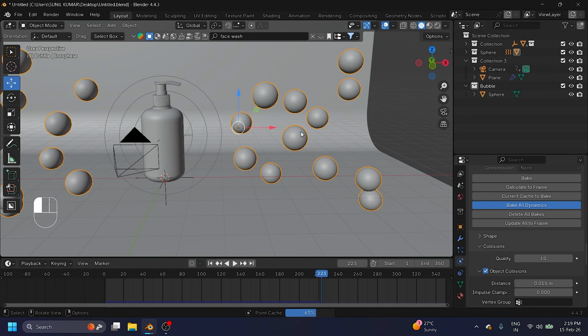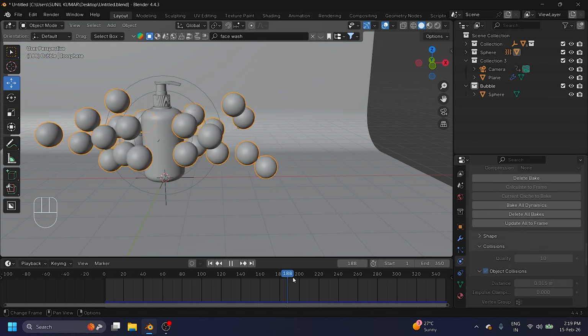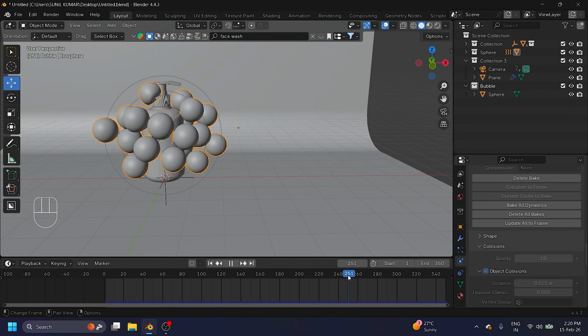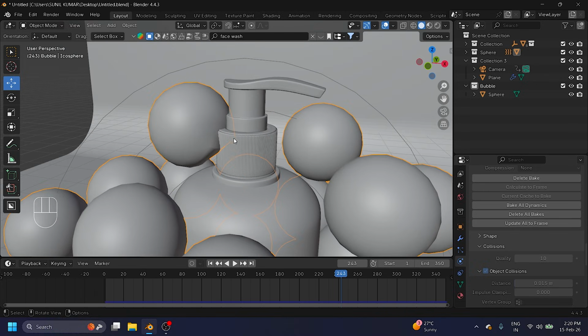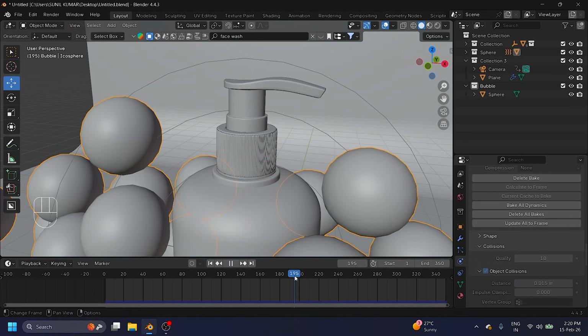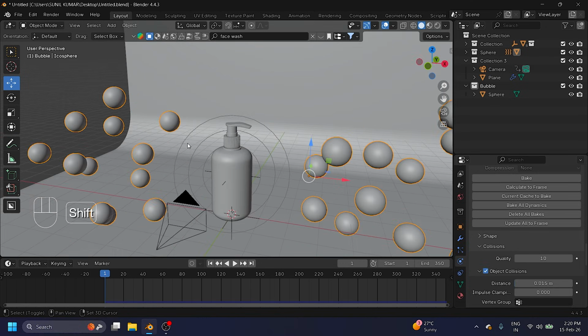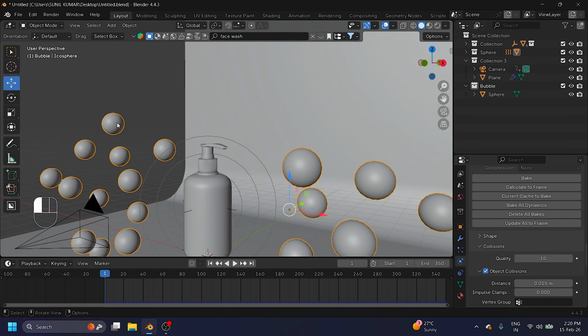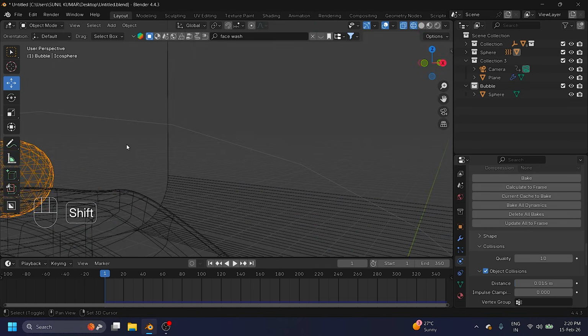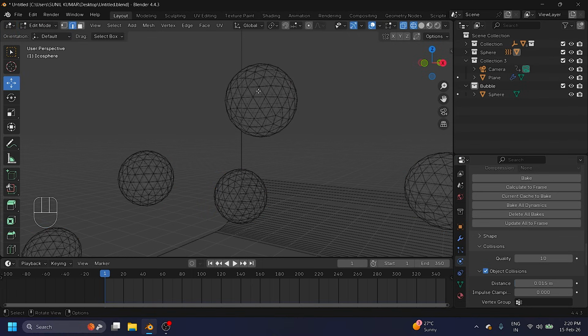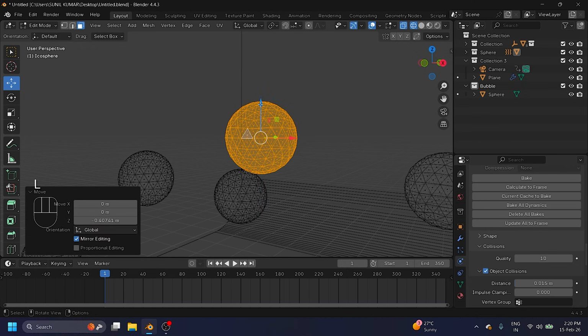After baking guys, I apply particles inside the bubble. Okay, so guys, my baking is finished and now play. Yes, perfect. Guys, my bubble effect is perfect, right? But guys, one problem. This collision is not working properly. Yeah. So don't worry guys. Go back and guys delete bake, check. You can change only the position. So this one and guys go to edit mode. Select face and change the position a little bit. Yes.